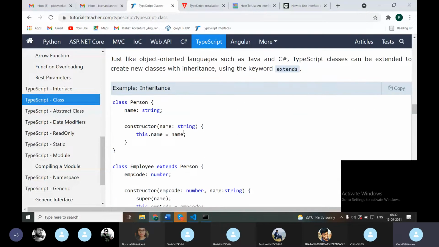And one more thing is inheritance in a class. In JavaScript, you have already gone through classes,